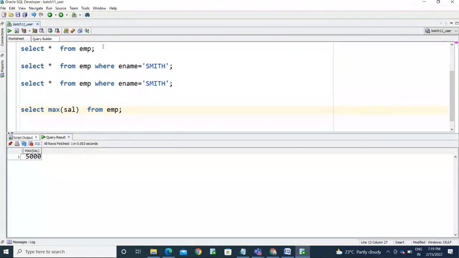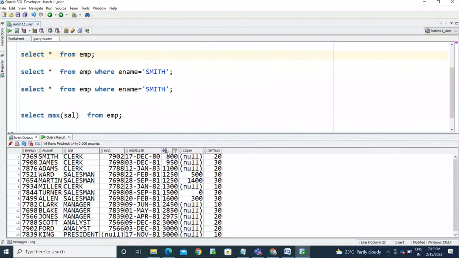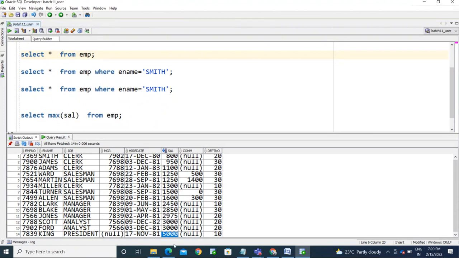So check with the employee table, see the salary information in this. It's starting with 800 and ending with 5,000. So you are getting the highest value from this using the max function. These are all the aggregate functions or grouping functions we can call. So if you want to know